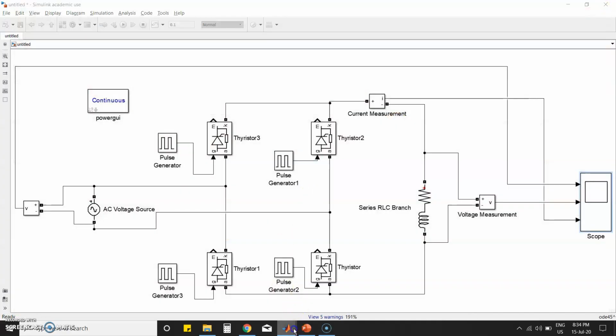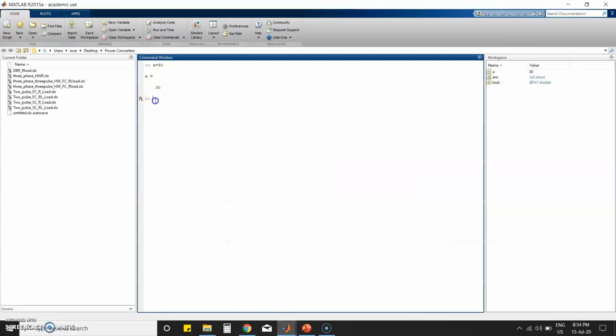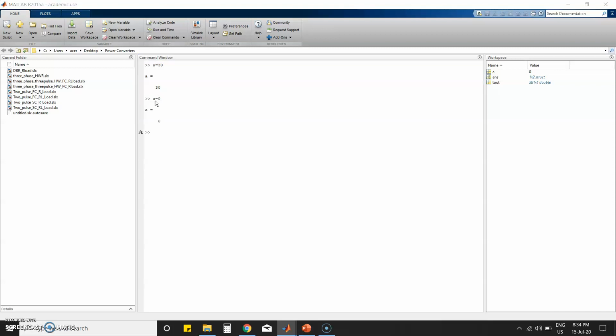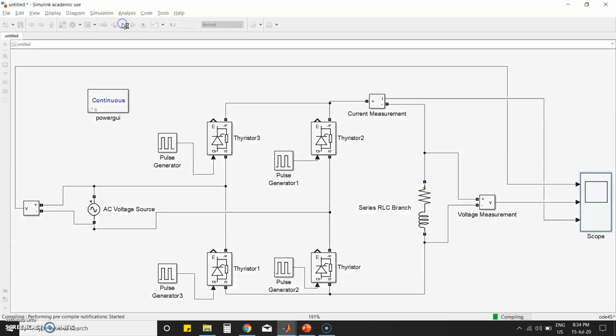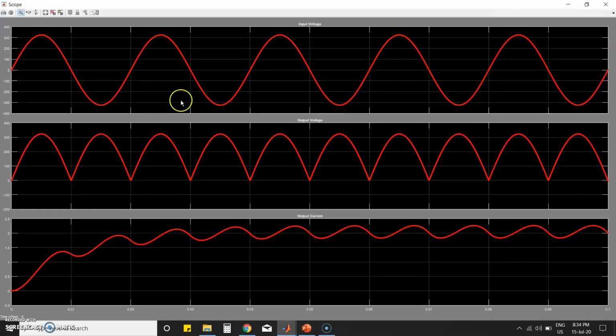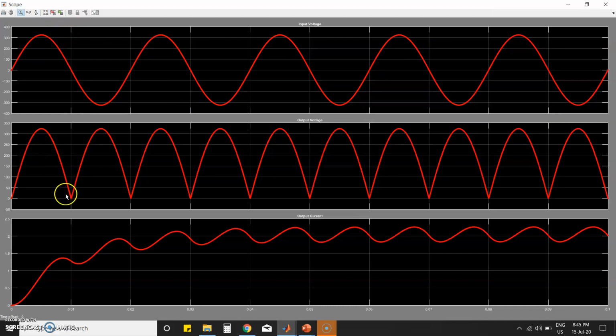If I change the value of alpha, for example, let us assume alpha is equal to 0, it will act as a normal diode bridge rectifier. You can see it is similar to the diode bridge rectifier, and since this is the RL load, the output current first starts charging, after that it shows charging and discharging.